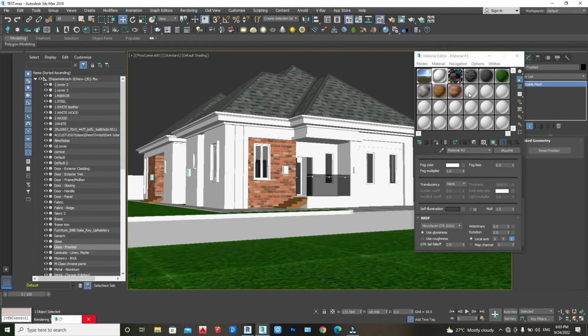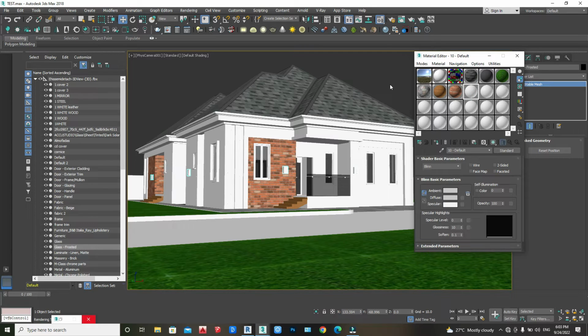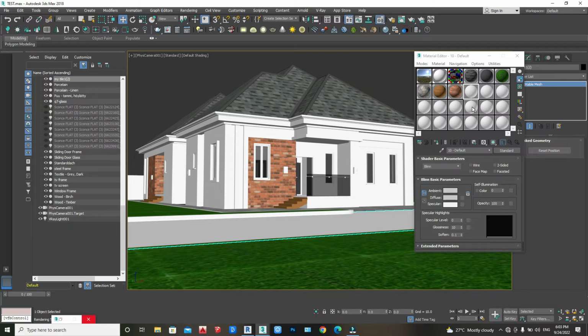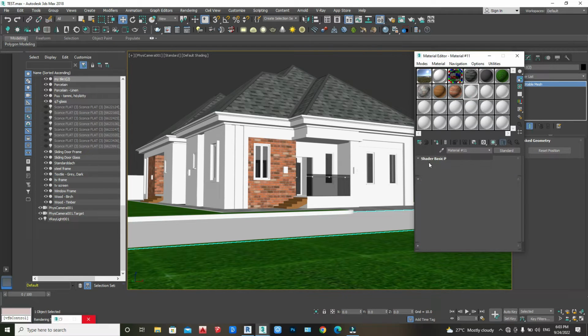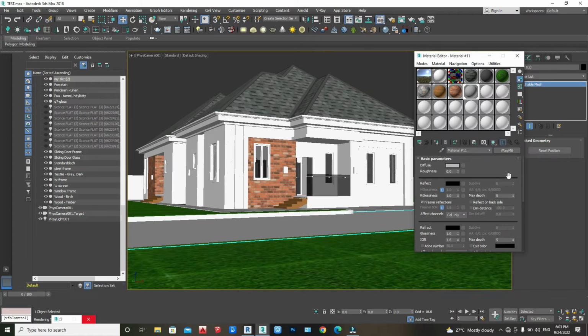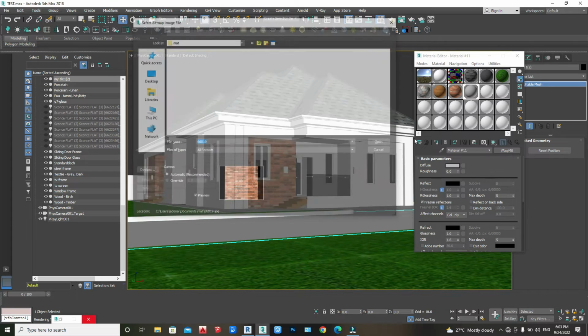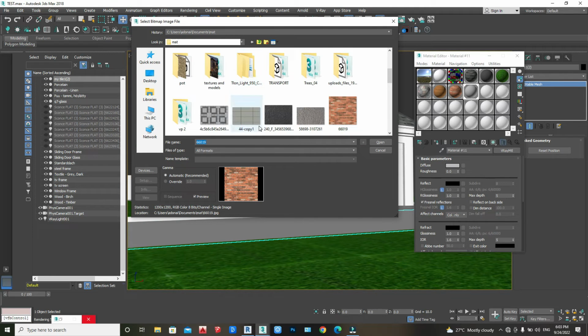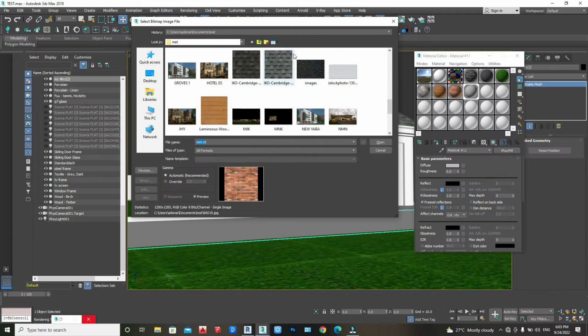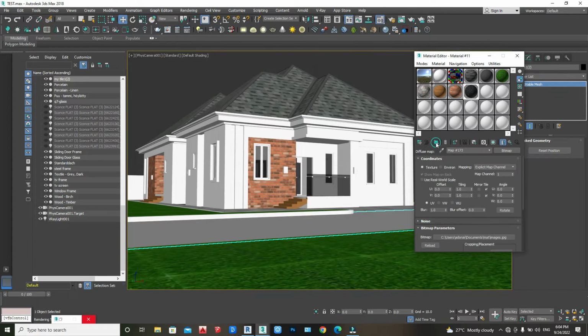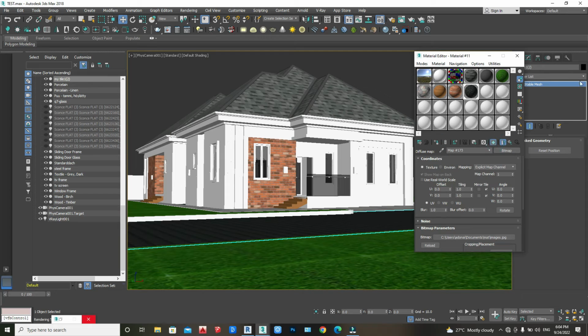Okay, first of all, our road, which is also lacking one material, I'll just click on this. I'll click on open bitmap. I'll look for a material that looks like asphalt. Okay, this is it, and I'll click on OK. Apply and show in viewports. Come over to map scaler once again, and I'll click on map scaler, and as you can see, it has